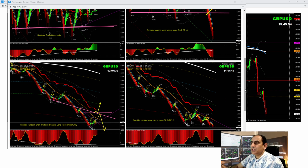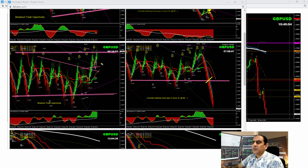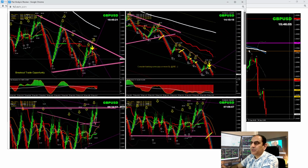And this morning, if you look here, we were expecting this breakout, price developed this consolidation, as you can see, in 4-hour. And this is the intraday system. Price refused. We had a beautiful breakout. As soon as the price hit the first target, I explained to my traders, bank some profit and look for another pullback. So once we bank some profit and afterwards price develops another pattern, you can see here we bank